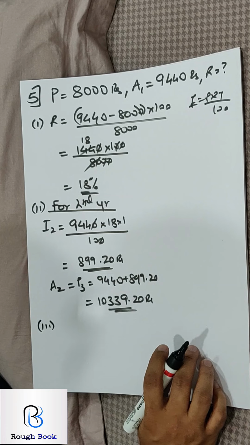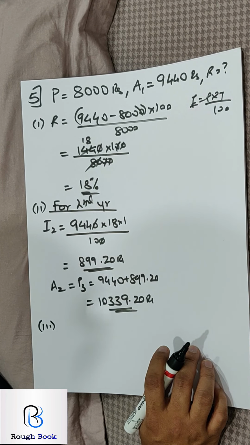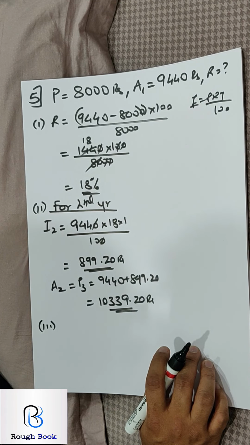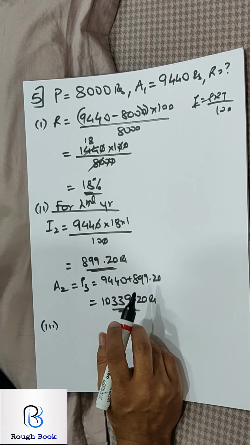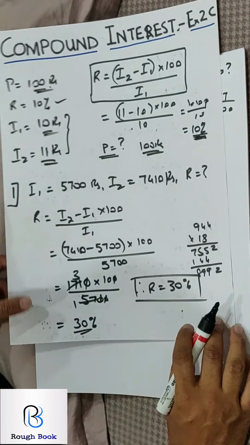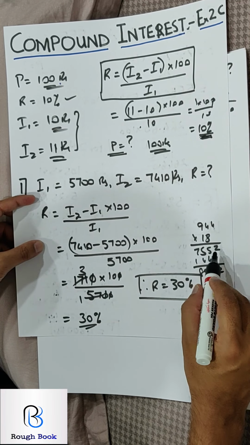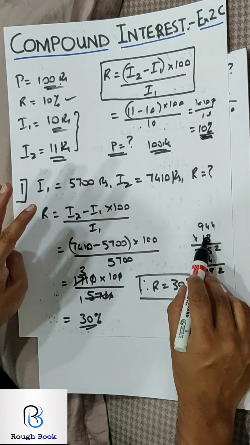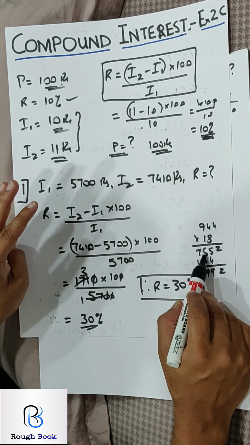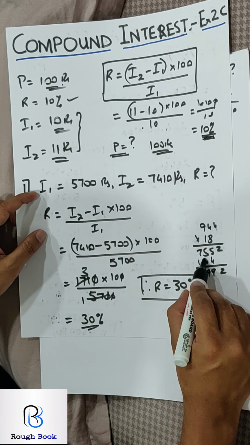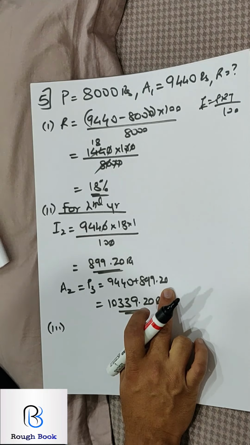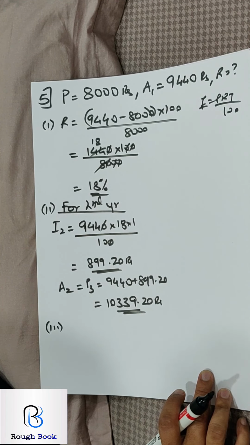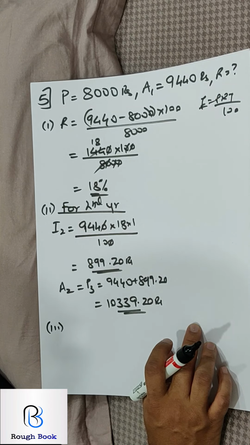Try for 5 part 3. What does it say? Come on, go ahead. See if you're getting the same answer. Just let me recheck this. Did I mess up somewhere? 8 4s are 32, 32 35, 72 75. So 441, so 299 and 8, 8992.20. So that's the amount at the end of the second year.